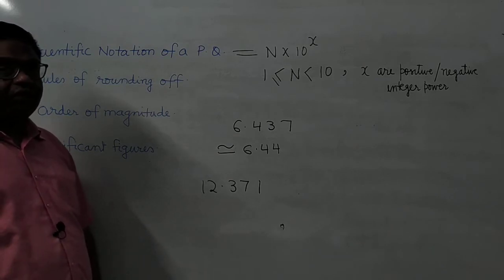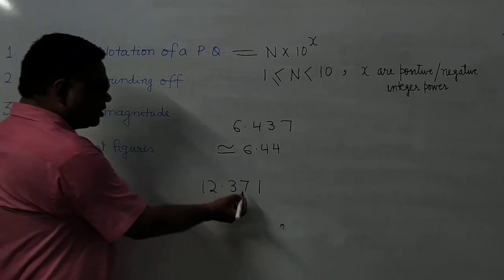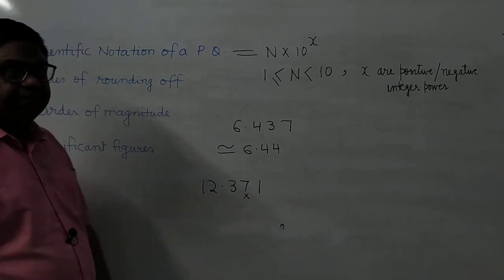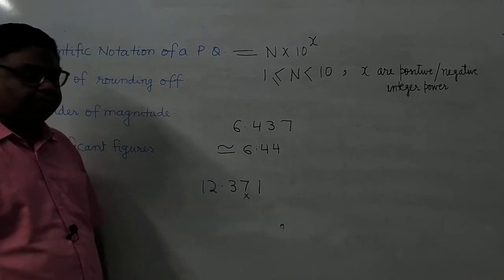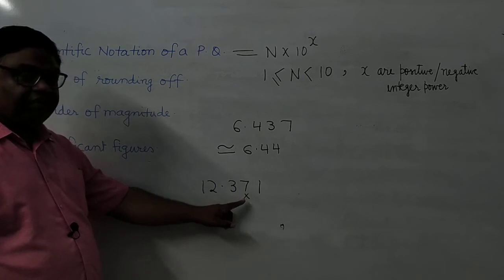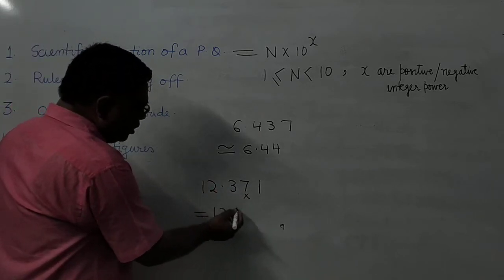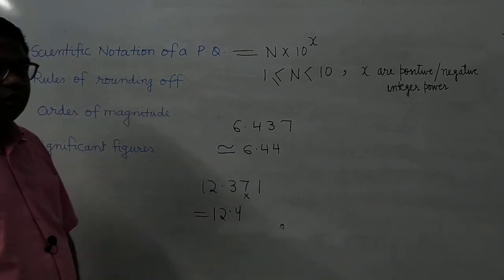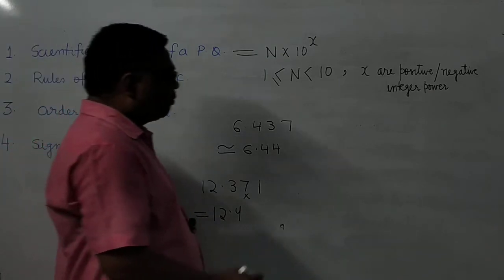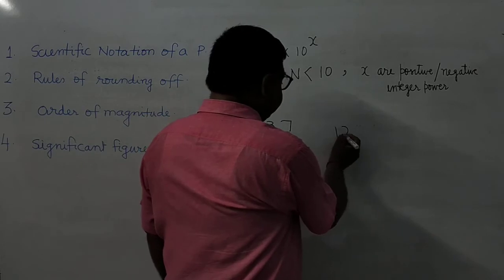You have to round off up to 1 decimal place. So you see the second place, because that place you have to drop. So it is greater than 5, so you will add 1 in the preceding place. That is, it will be 12.4. Suppose if it is here the same thing, you can take